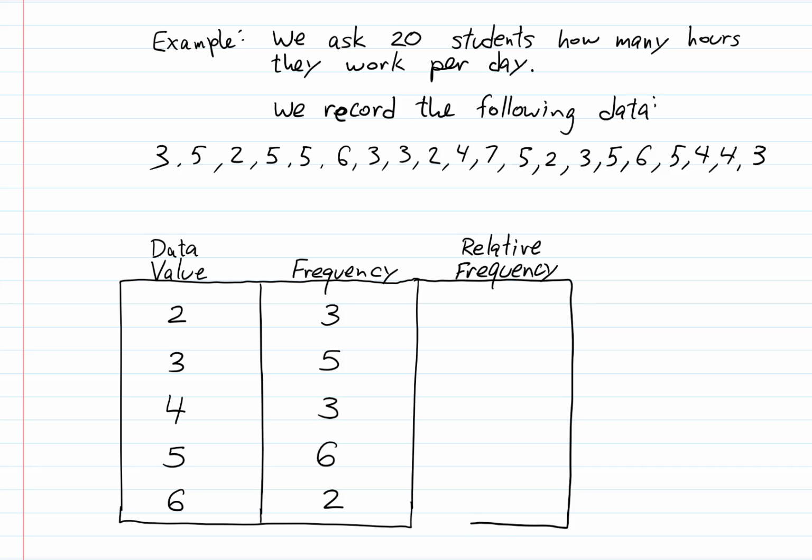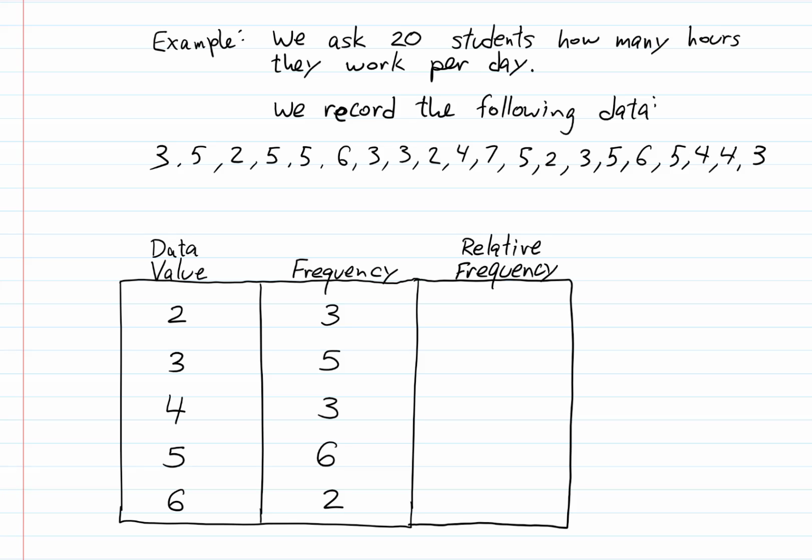So here's the idea. Look at the frequency. I said the data value of 2 showed up 3 times. That's interesting, right? But is 3 a significantly large number? Well, it all depends upon how many people I surveyed. If it's 3 out of 1,000, then that's very insignificant. If it's 3 out of 10, then that's pretty significant. So the frequency is important, but what's even more important is the relationship between the frequency and how many people were surveyed. And that is called relative frequency.